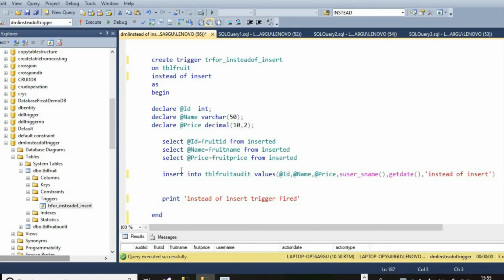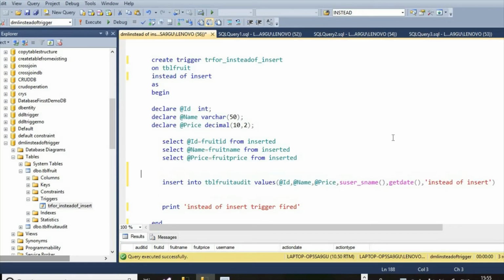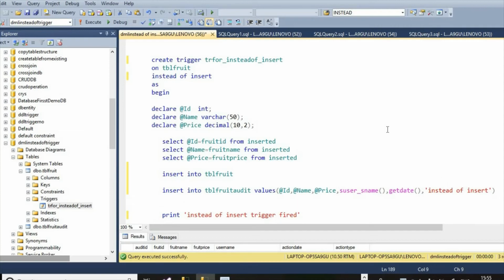So here we insert into tbl fruit, select fruit name, fruit price from inserted.